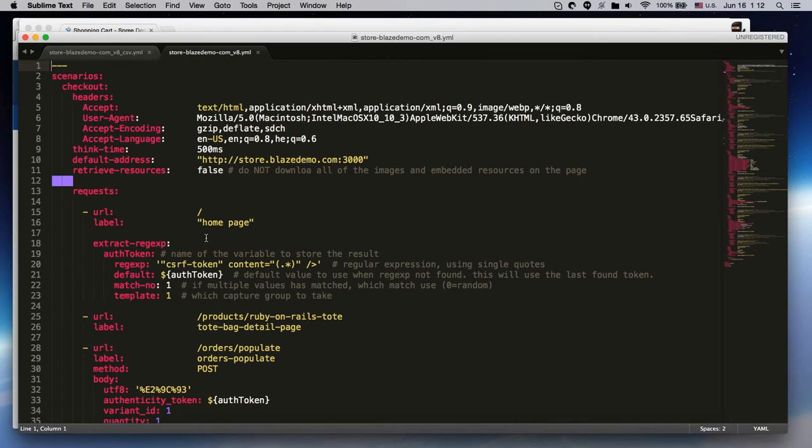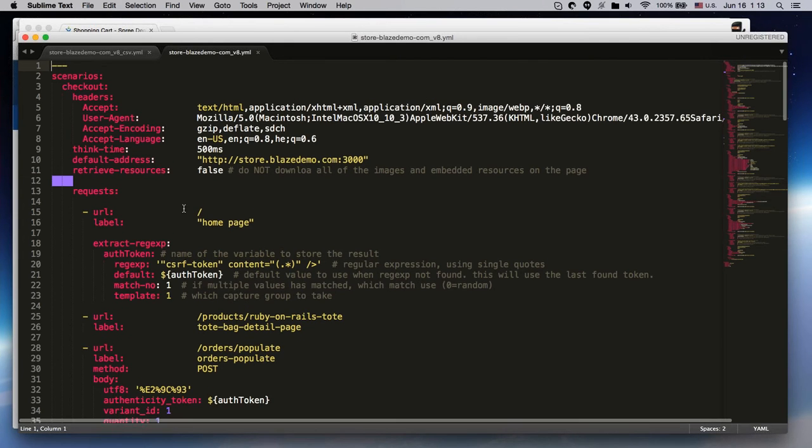So going back to what I said, the need to be able to basically take the dynamic data and use it in an additional request, what I have here is something called a regular expression extractor. So going through the script from the top to the bottom, let's actually take a look at what we're doing here. So within the scenario, I do have the ability to define